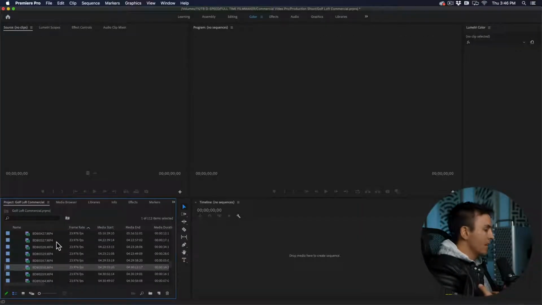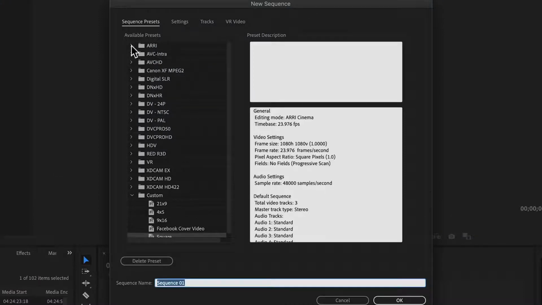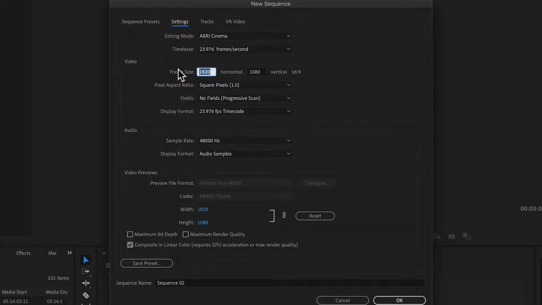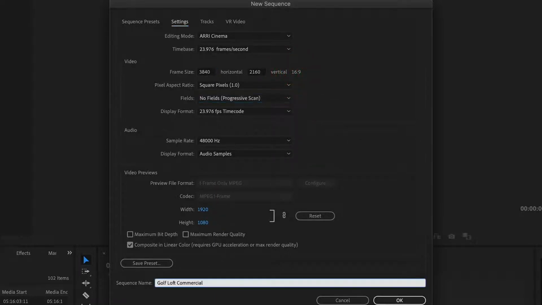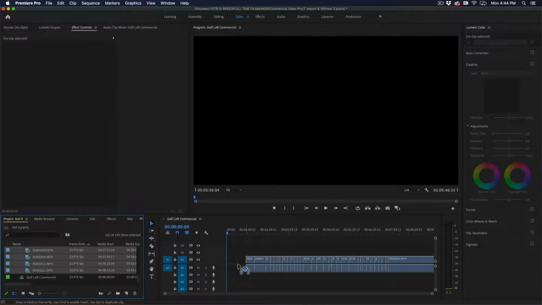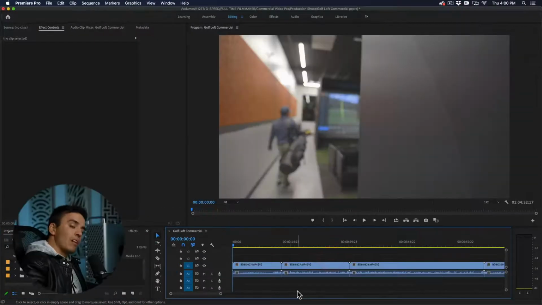Next step that I like to take is to bring all of my footage into my timeline, where I then like to cut and edit from the timeline. To come up to File, New, Sequence. Then you're going to create the settings for your timeline. In my case, I'm going to be doing 23.976 frames per second, and click on Settings. And I'm going to change the resolution to 3840 by 2160, which is Ultra HD or a 16:9 version of 4K, and hit OK. Then I'll come grab all my clips in my project bin and drag them onto the timeline. When this pops up, I'm going to say keep existing settings, and we're now ready for step 2,